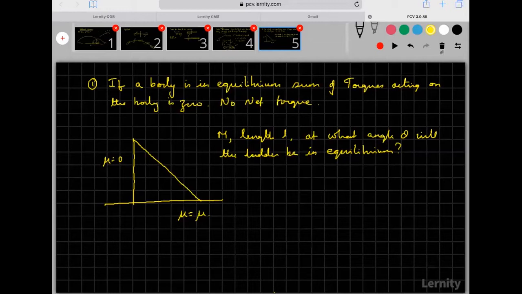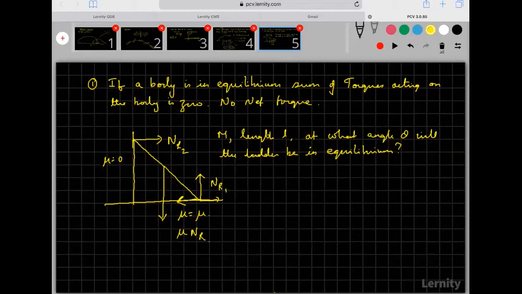The way you work out these questions is to first draw a free body diagram and show all the forces which are acting on the body. So here at the center of mass will be mg downwards. At this point, there will be a normal reaction upwards. At this point, there will be a normal reaction here. Then this will tend to slide back, so there will be a frictional force in this direction. Frictional force is mu into NR. So these are all the forces.